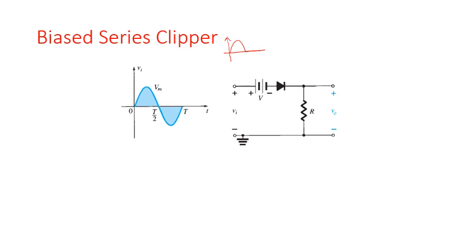But now I have a battery over here. So what we are going to do is, first thing, we will figure out what is going to happen in the positive half cycle. So in the positive half cycle, this diode behaves as a closed switch. If it behaves as a closed switch and I want to write the KVL equation for this loop, my KVL equation is going to be -Vi + V + Vo = 0. You rewrite this equation, you'll get Vo = Vi - V.